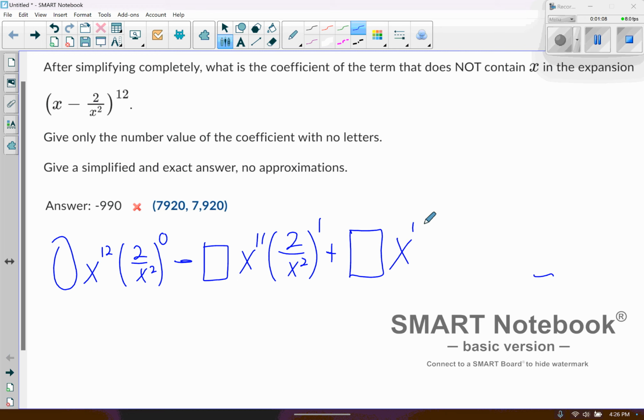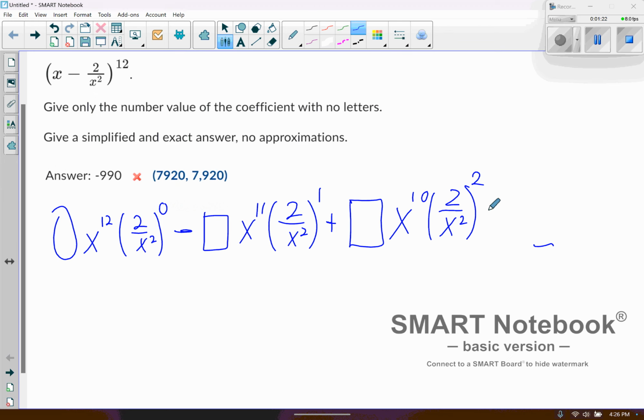So let's see, you would have x to the 10th, and then 2 over x squared raised to the power of 2, which would give you x to the power of 4, but that won't cancel out completely. So I think we're getting close. So when we go back to a minus, it'd be x to the power of 9 times 2 over x squared raised to the power of 3. And so that'd be x to the power of 6, and we'd get close,